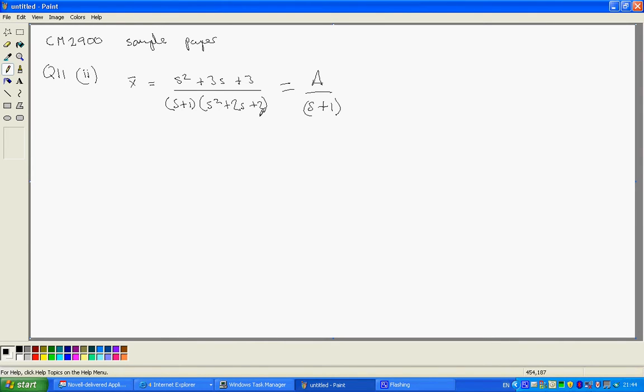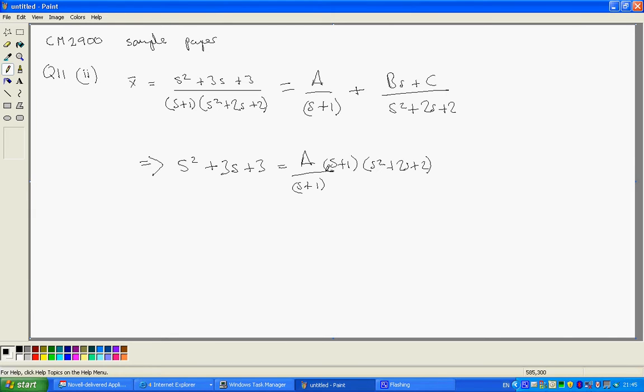And then this quadratic here that cannot be factorised, it gets a numerator Bs plus C. Then we proceed by multiplying both sides by the left hand denominator, and the left hand side simply leaves the numerator s squared plus 3s plus 3, and then the right hand side will be the first term A upon s plus 1 times the left hand denominator, which is s plus 1 into s squared plus 2s plus 2, and obviously the s plus 1's cancel,